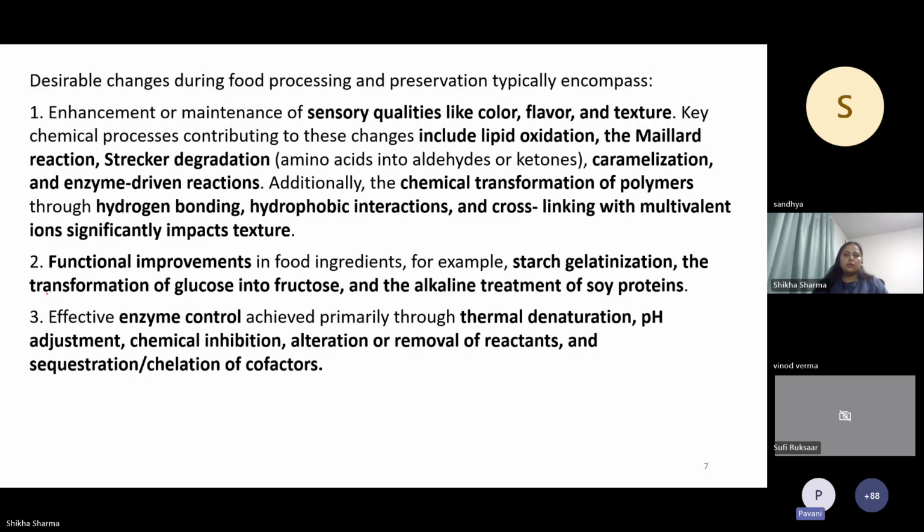So there are many desirable changes which occur in the food while the processing, like the